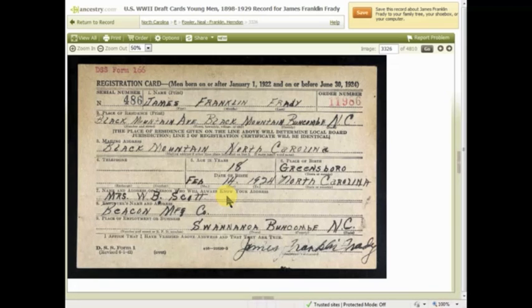In this case, Mrs. W.B. Scott, we looked, it was interesting that she had a different surname. I thought at first perhaps it was a sister, but as it turned out, with a little bit of further research, this was actually his mother. And realizing that she had remarried since the time he was born, we went out and looked, and we